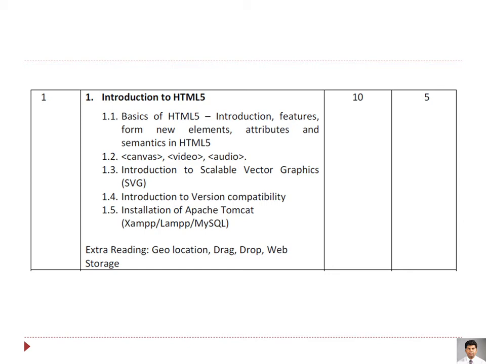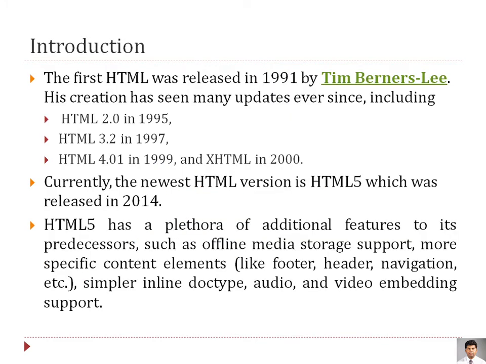Now basically when we talk about the introduction part, it was in 1991 that Tim Berners-Lee created the first version of HTML. In this chapter we will be dealing with HTML5, that is the 5th version. So HTML is nothing but a markup language which was introduced in 1991 as the initial stage, but the first standard came into existence in 1995. We call it HTML 2.0, that is the second version of HTML that was introduced in 1995.